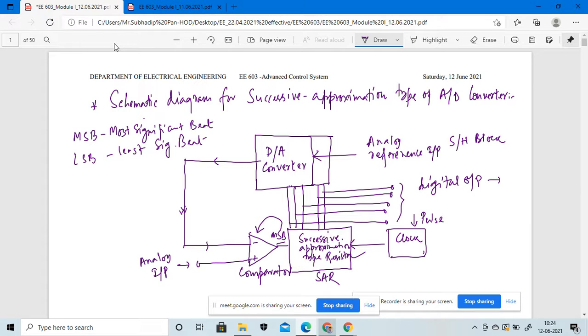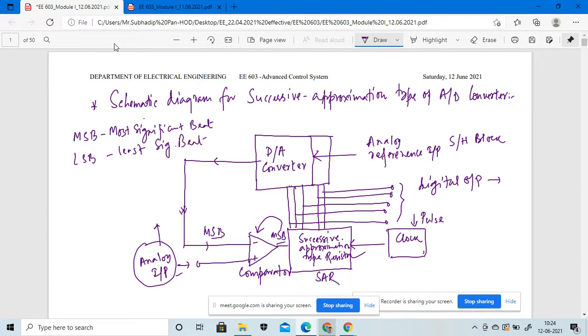Okay, so if the analog input voltage, whatever the input, is increased, if the analog input which comes across the comparator is larger, the most significant bit is set on the next step. The most significant bit comes across this D2A converter. So here we are considering the MSB, right? The MSB will come across this particular comparator, so we have to compare it to the analog input.